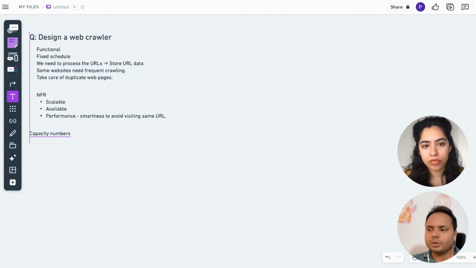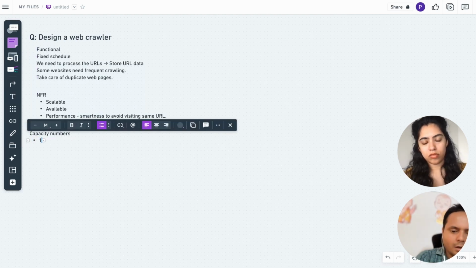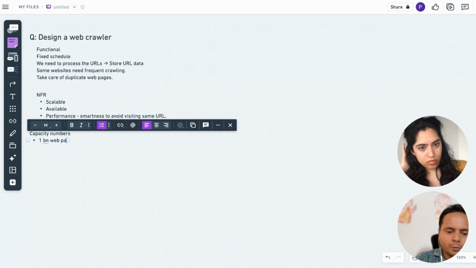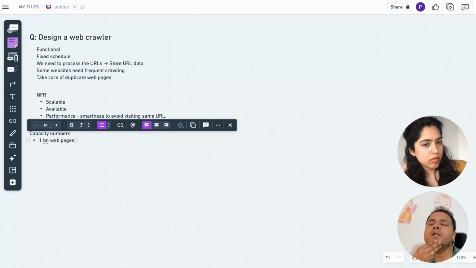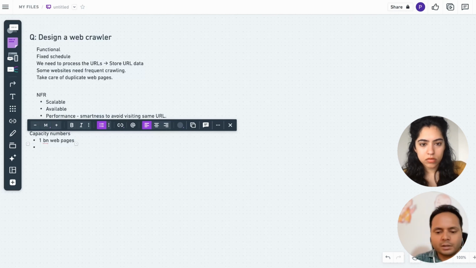Fair enough. So let's say 1 billion web pages is what we are concerned with. While crawling, this boils down to how much is the size of each web page. Since you said I can make certain assumptions,